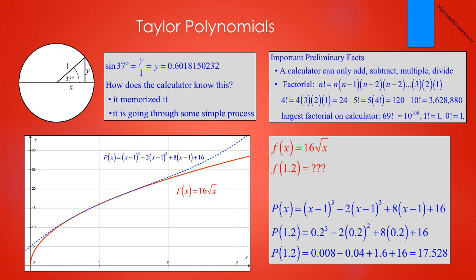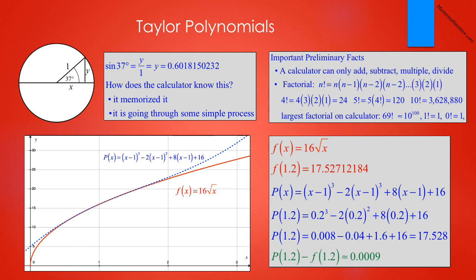If we plug 1.2 into that expression, we get 0.2 cubed minus 2 times 0.2 squared plus 8 times 0.2 plus 16. This can be calculated with a series of multiplications, additions, and subtractions, and we get an answer of 17.528. So it should be obvious that the blue polynomial function is an excellent estimator for the red function around x